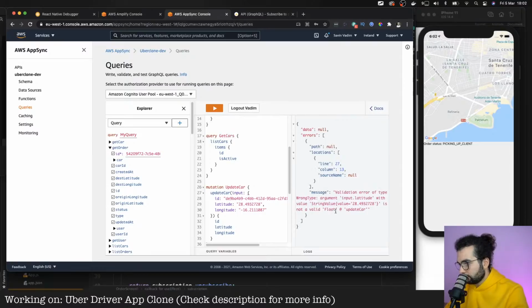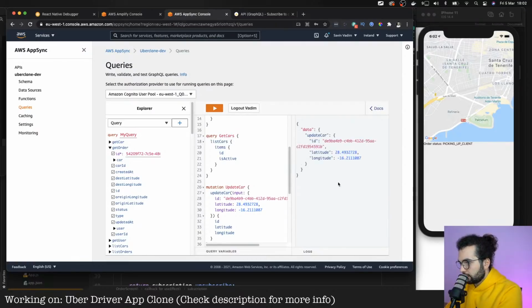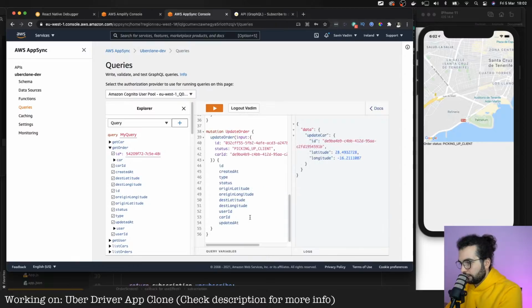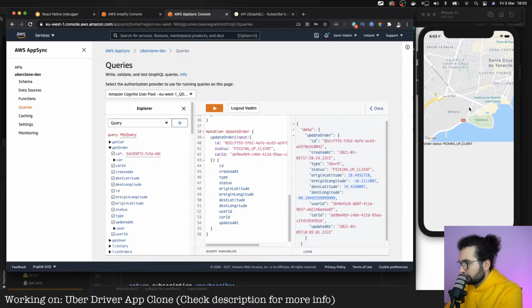Validation error with value string is not a value. They are float, but I gave them string values. Update car. Okay, it's updated. And here, let's run the update order again. Do we see the car?